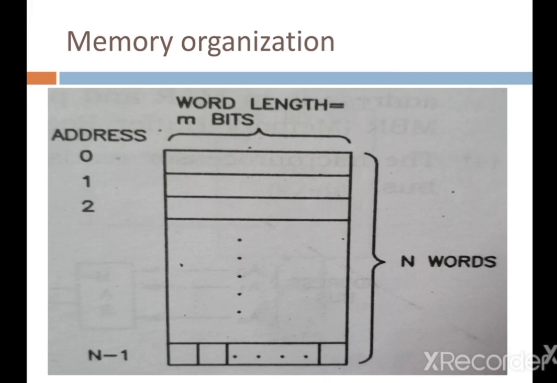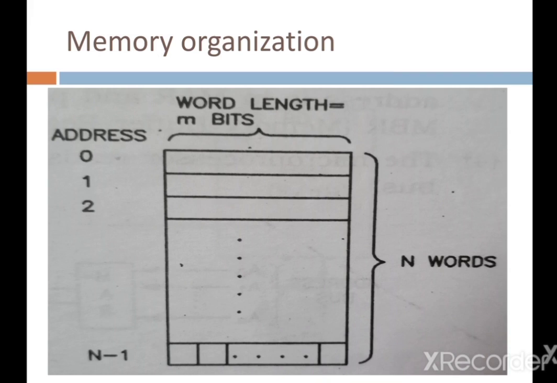That means the length of each word is M bits, and each word is identified by a unique name. This is called an address or memory location. This memory location starts from 0 and ends at N-1, because there are N words, and each word contains